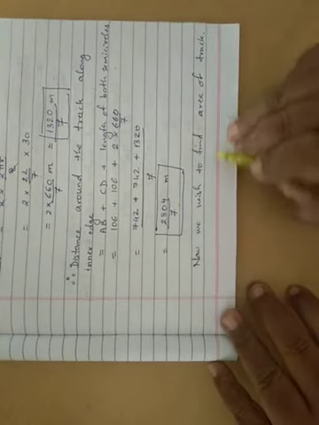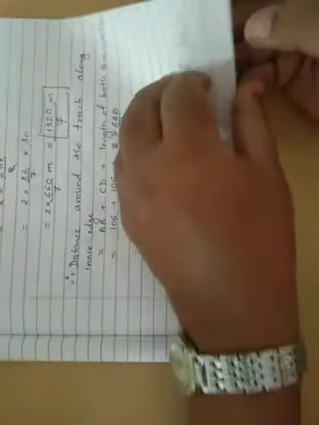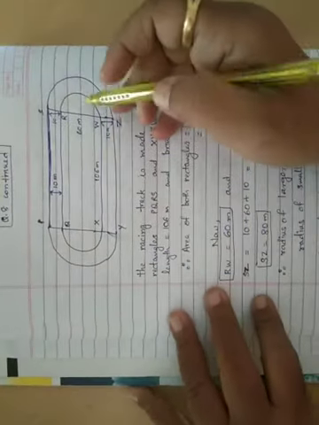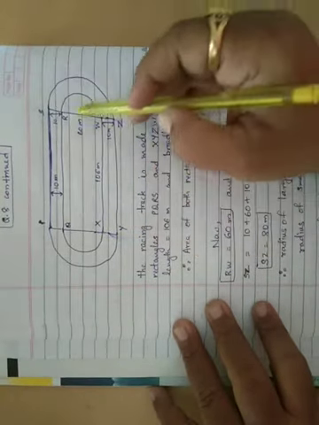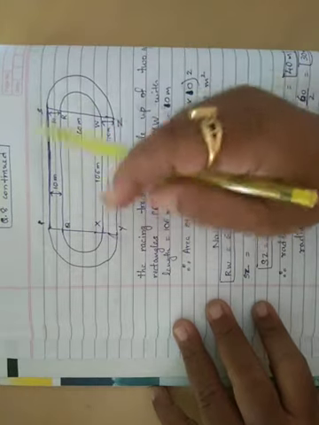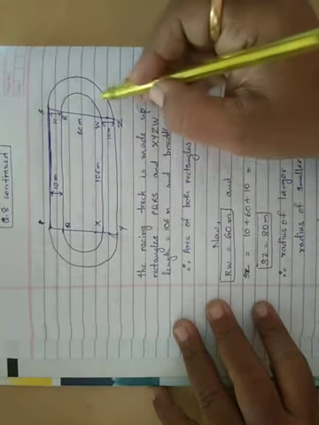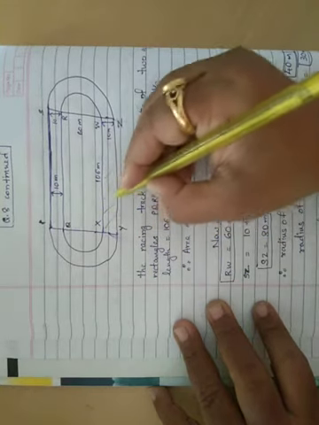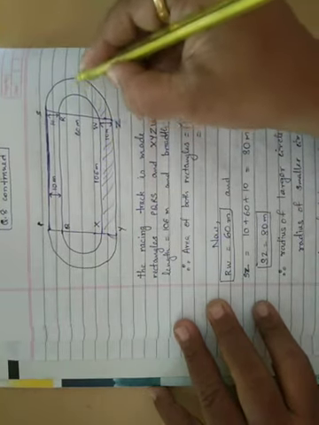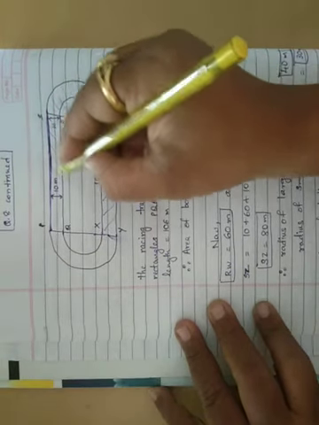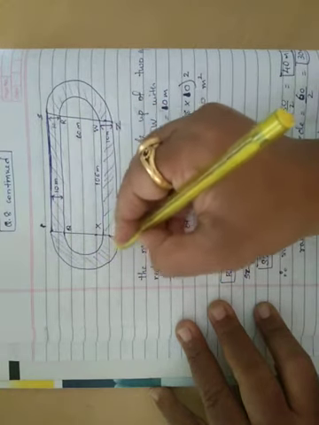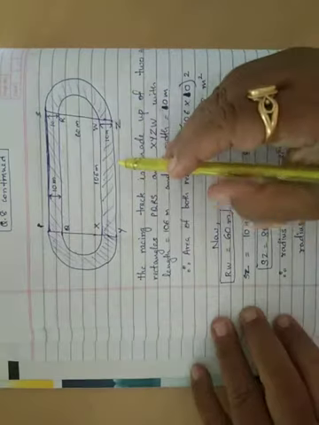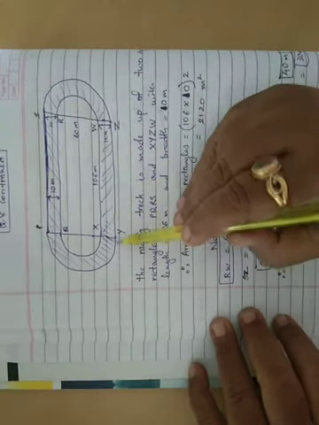Now you wish to find the area of the track. Now let us draw the track also. So we now look at the complete figure which we are having. So now we draw the complete figure. This is the inner track, and the pathway you are going to walk on, which you can see, the whole pathway, you have to calculate the area of this full path. You are supposed to calculate the area of this full path. Okay, now the area of this path, so what will you have to do?